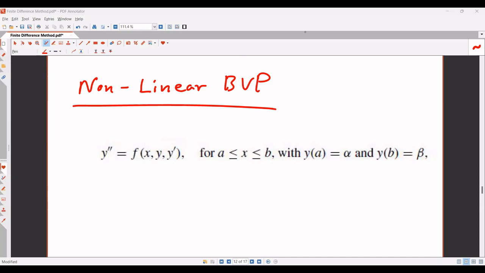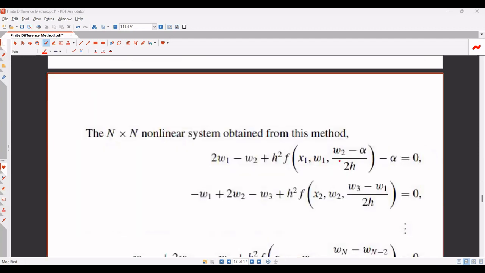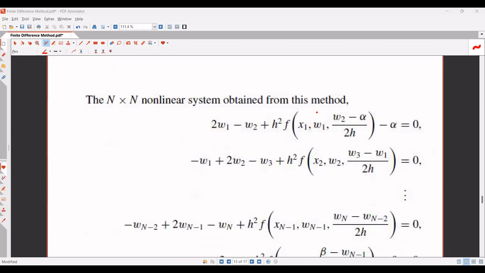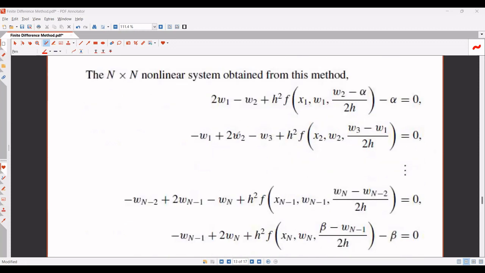And this part is just like before. We have an initial point A and a final point B, two boundary points, right? And we know the values of y at those two points. Now, how is this problem going to be different if we attempt to solve it using the finite difference method, right? That's the question. You can understand that the procedure is similar. Just replace y prime by the expression, y double prime by the expression, and finally, eventually, you would get a